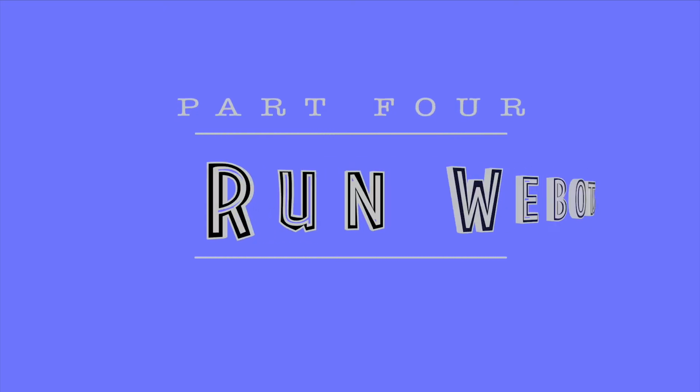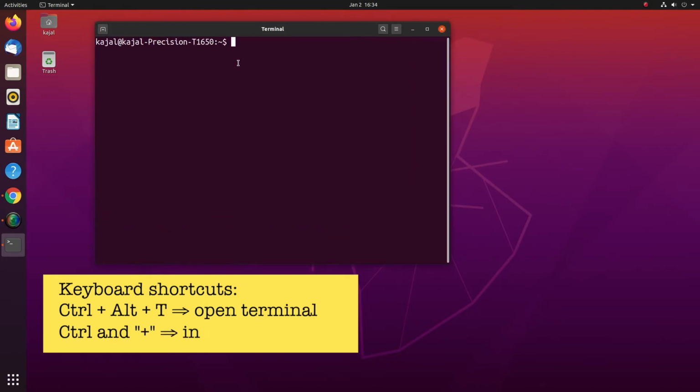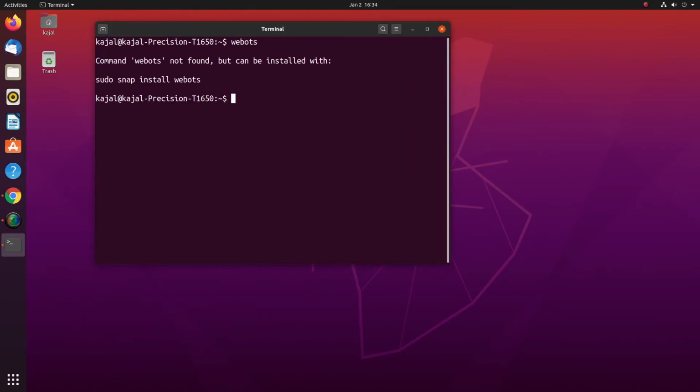Next, let's also look into how to run VBots directly. Typically, you would type in VBots in the terminal and it will start VBots. If you installed VBots using the VBots ROS2 package, this will not work. Alternatively, if you have multiple versions of VBots, one of them might open up. However, if you installed VBots using the VBots ROS2 package, this method will not work.